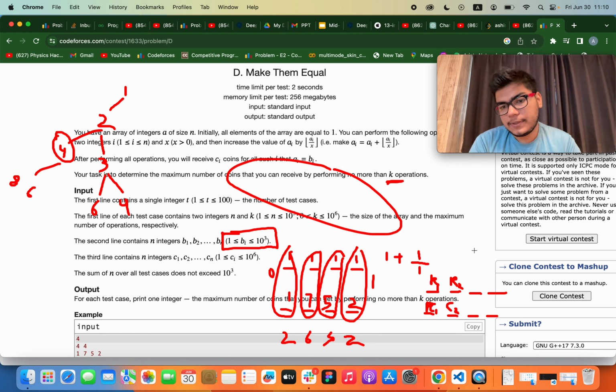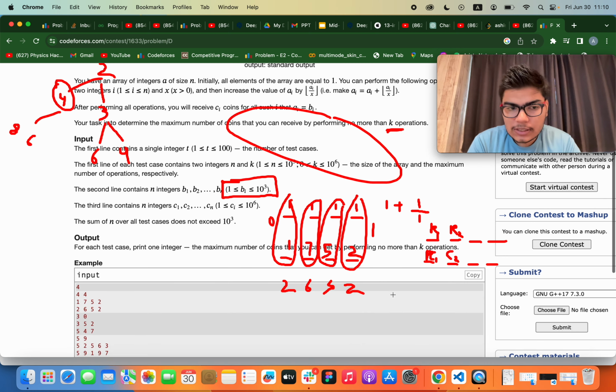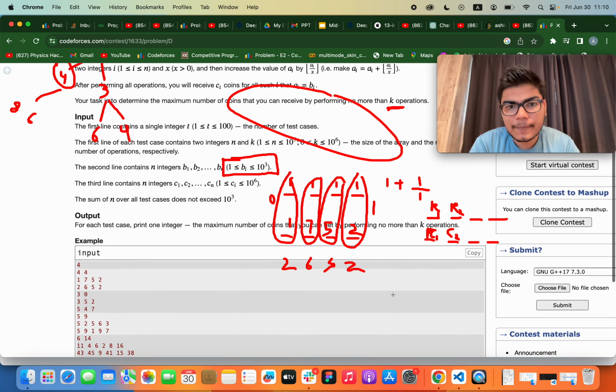The total capacity given is this k. So you can either select this element and put it in your bag, or you can just reject it and move forward. So I think it will be easily done with knapsack. But the thing is,